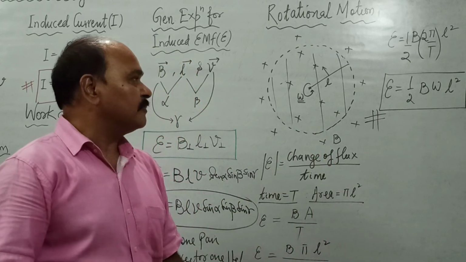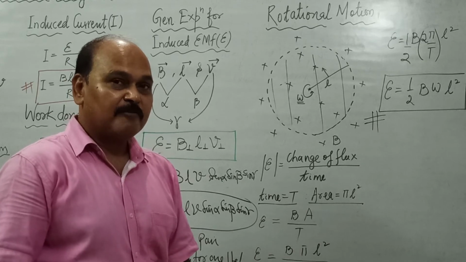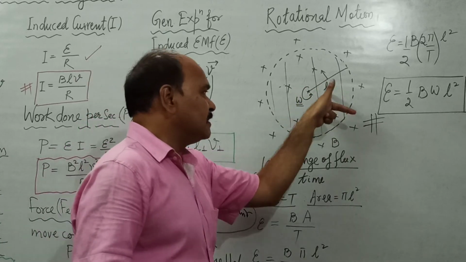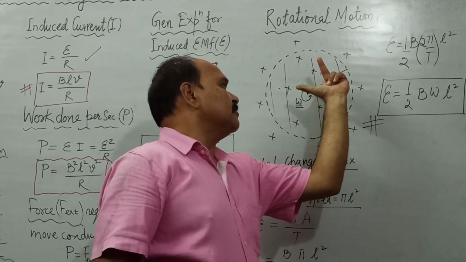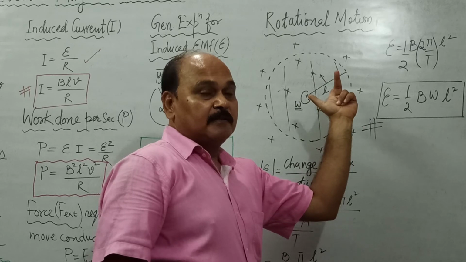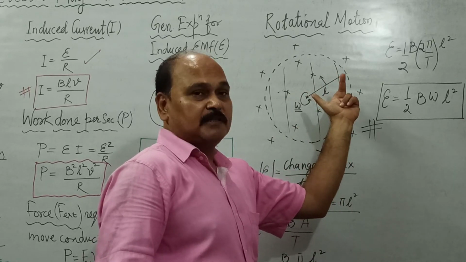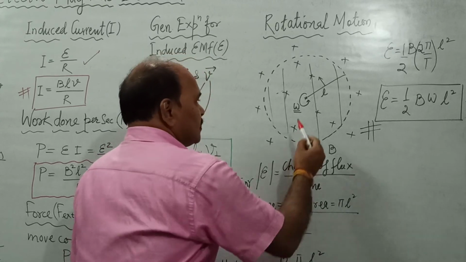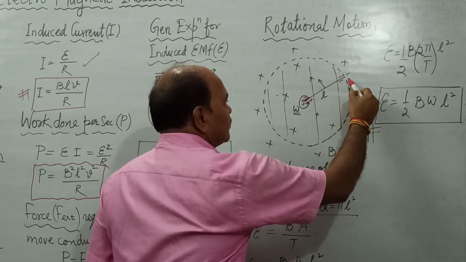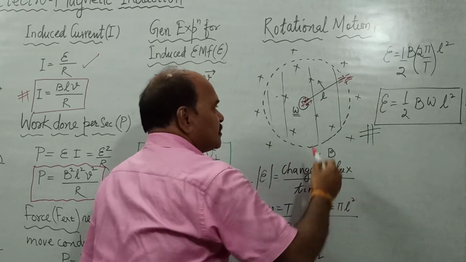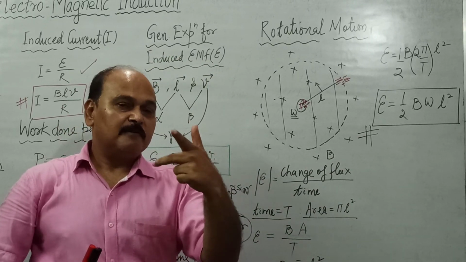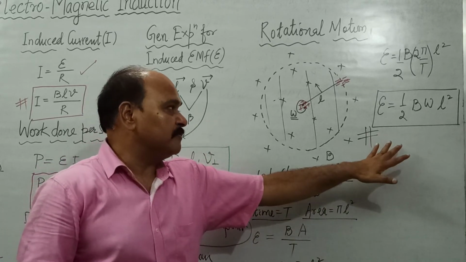Well children, what is the direction of induced EMF? What is the polarity of induced EMF? For that again we will use Fleming's left-hand rule. The magnetic field is cross, so at this instant, if the conductor is moving in this direction, the thumb is pointing towards the center. That means towards the center would be the direction of force on positive charges. So all positive charges would accumulate at the center, and negative charges would accumulate over this free end. So this is the polarity of induced EMF. We find the polarity with the help of the same Fleming's left-hand rule, and the value of induced EMF is this.